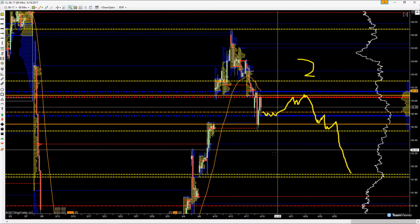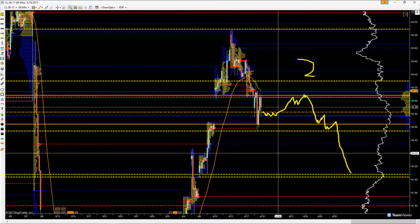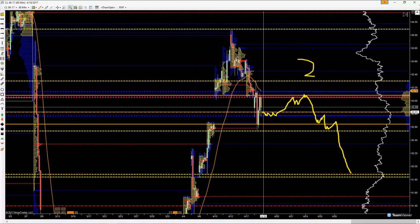Okay. That's hypo 2. Hypo 3 is going to be an open push down into overnight low, maybe down to this swing of yesterday's low, get back above, hold, make our way up into yesterday's VPOC,